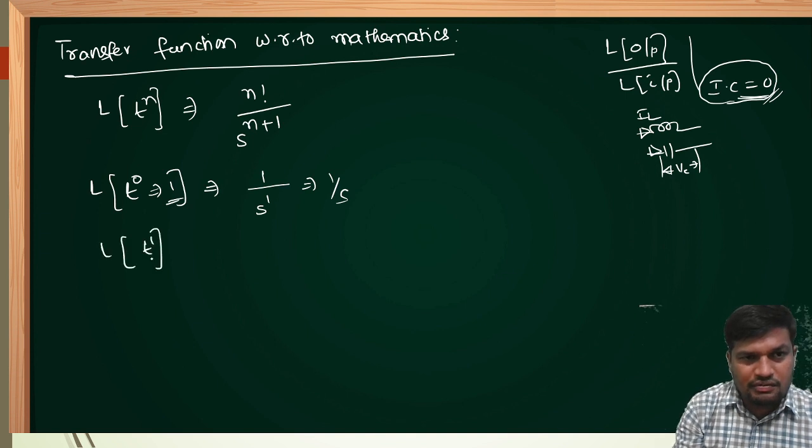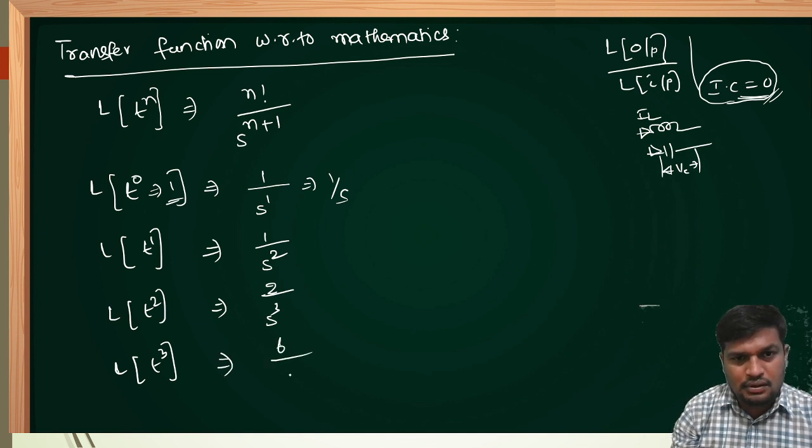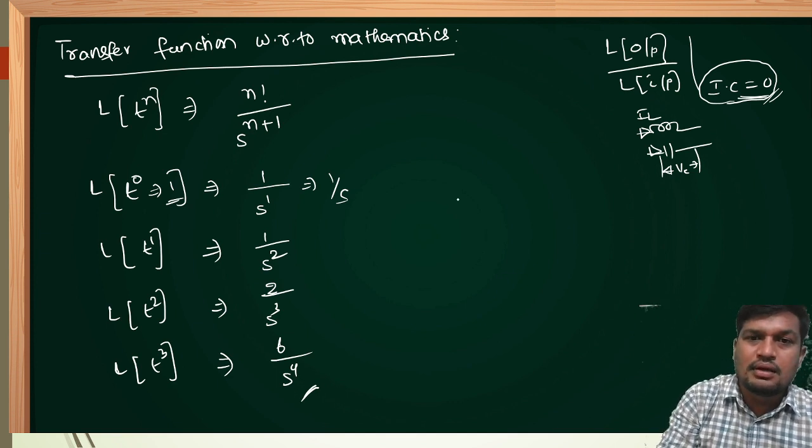Laplace of t power 1 is equal to 1 factorial upon s power 1 plus 1, which will be s square. Laplace of t square, dear friends, 2 factorial means 2 upon s cube. Laplace of t cube, 3 factorial means 6 upon s power 4. Like this we can remember many formulas. Now dear friends,